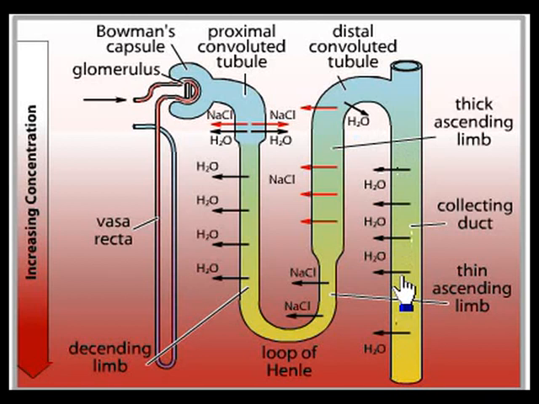In the absence of vasopressin, water cannot be reabsorbed in the collecting duct, and that results in a dilute, large quantity of urine, which we term as polyuria. So, this is in a nutshell the concentrating mechanism